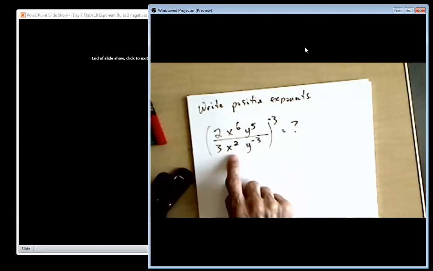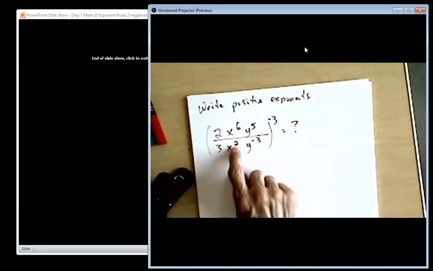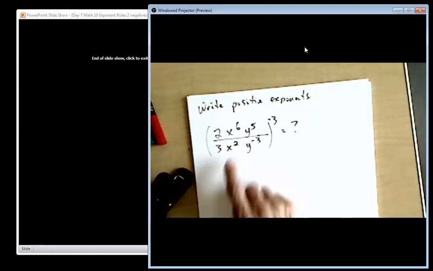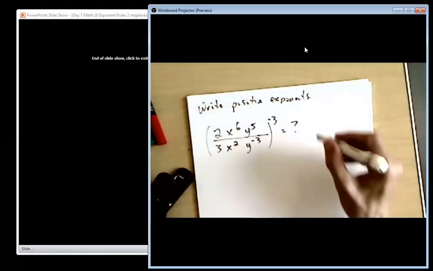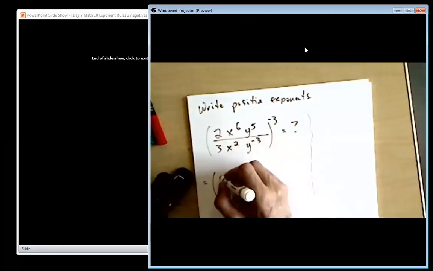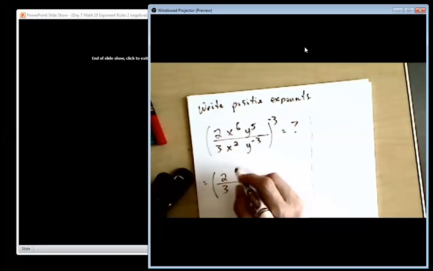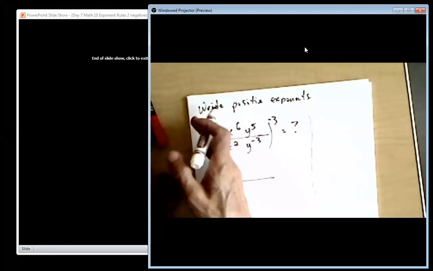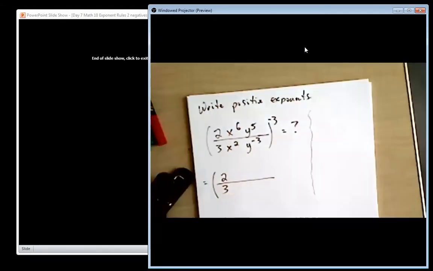The x's, what can those turn into? 6 on the top divided by the 2 on the bottom. Yeah, so what's the rule? What's the situation? I don't know. I forget. What I remember though is that this 6 means there's 6 x's multiplied. And this 2 means there's